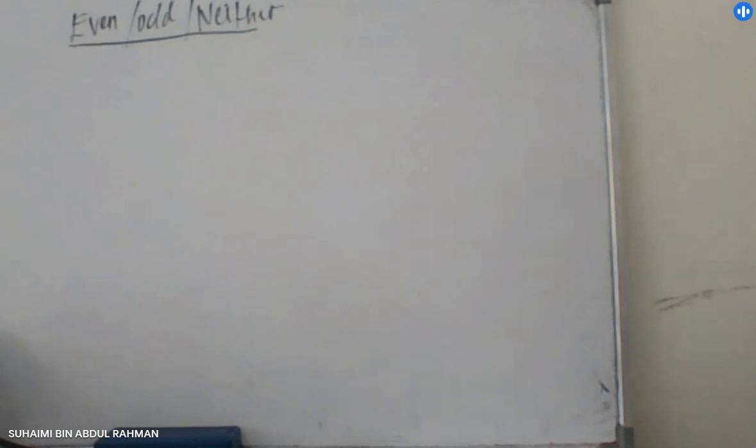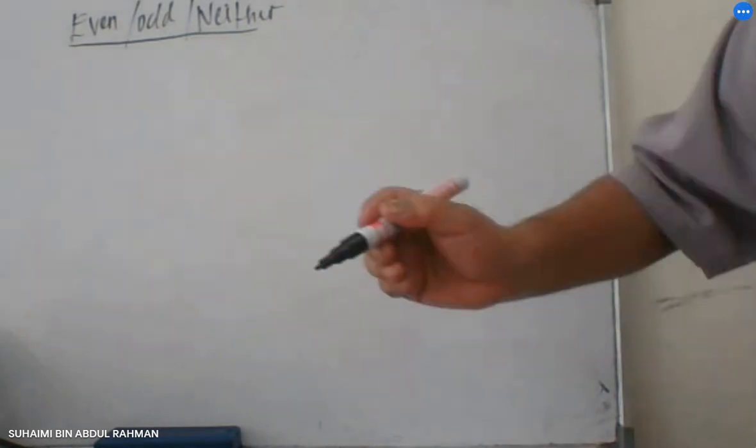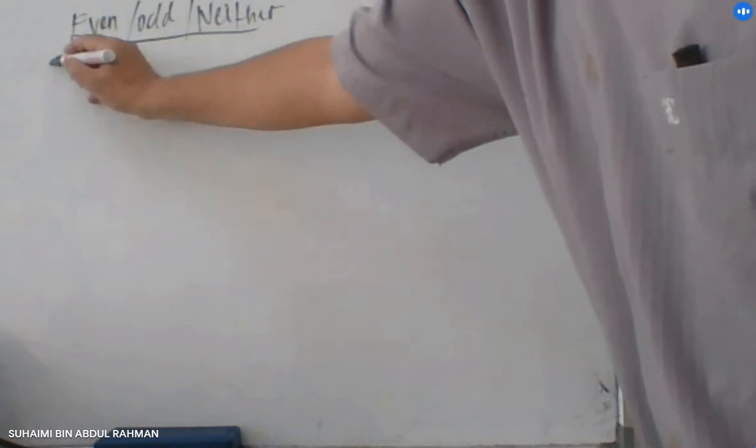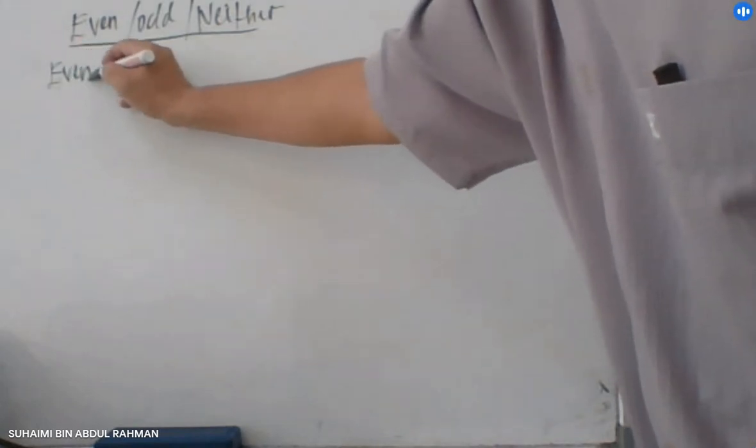So when we talk about one function, it can be determined either that function is even function, or that function can be odd function, or that function can be neither even nor odd function. So function is an even function